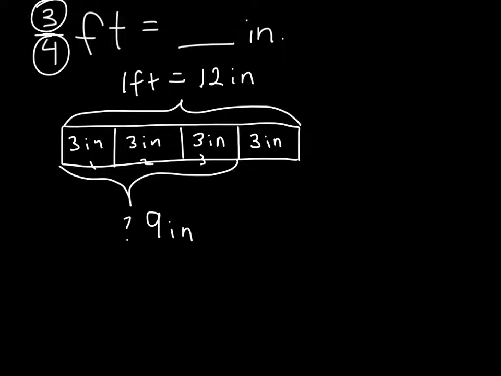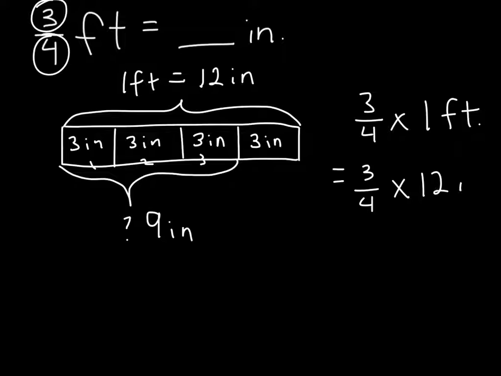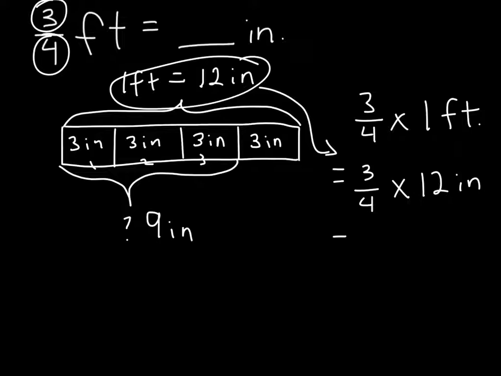To do that with only using numbers, I'm going to start off with a multiplication problem, 3/4 times 1 foot. I'm going to convert my units. So that's going to equal 3/4 times 12 inches. That's what I did right here. I've also got to do it down here. And that's going to be 3 times 12 over 4,